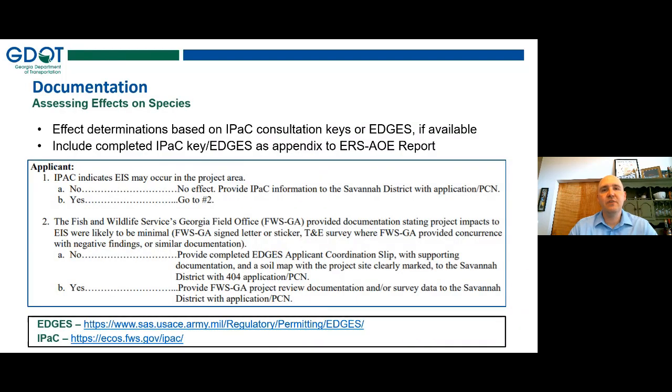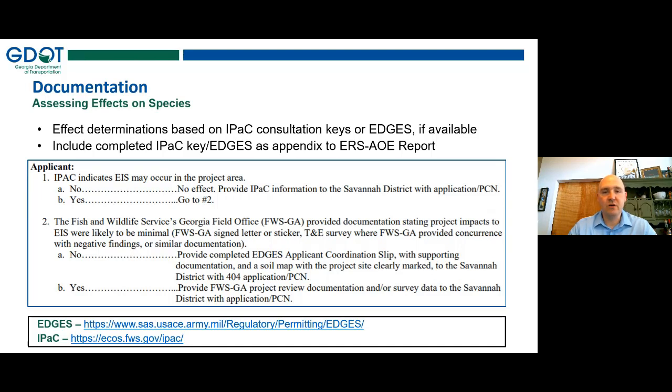So how do we make these effect determinations? We've already gone out in the field, we've assessed habitat, but it's really important to know that there are some major changes to how we assess the impacts to our federal species. The first is that if there is ever an IPAC consultation key, and there currently is only one that I'm aware of, for the northern long-eared bat, we will be using that. But if that's not available, we will be using EDGES, which is something that was developed by the Army Corps of Engineers as well